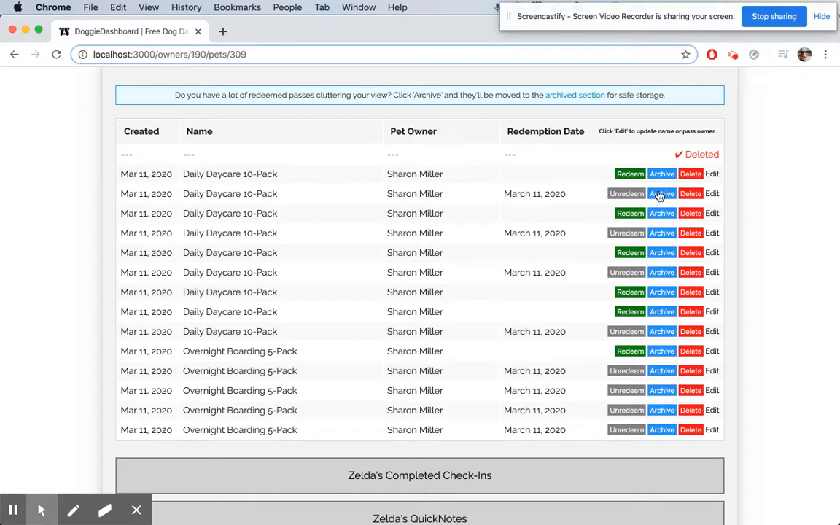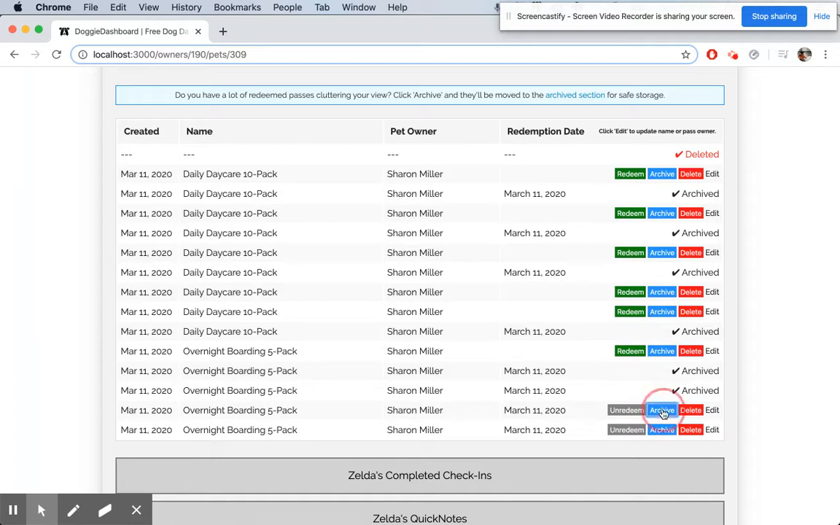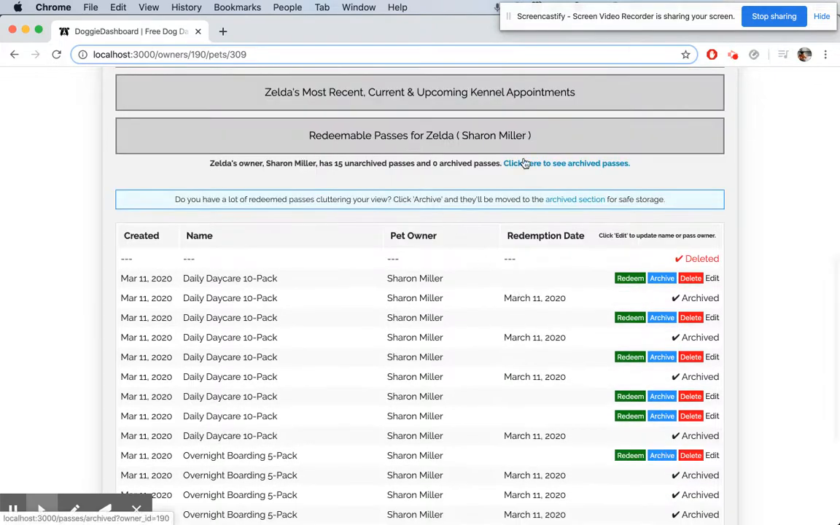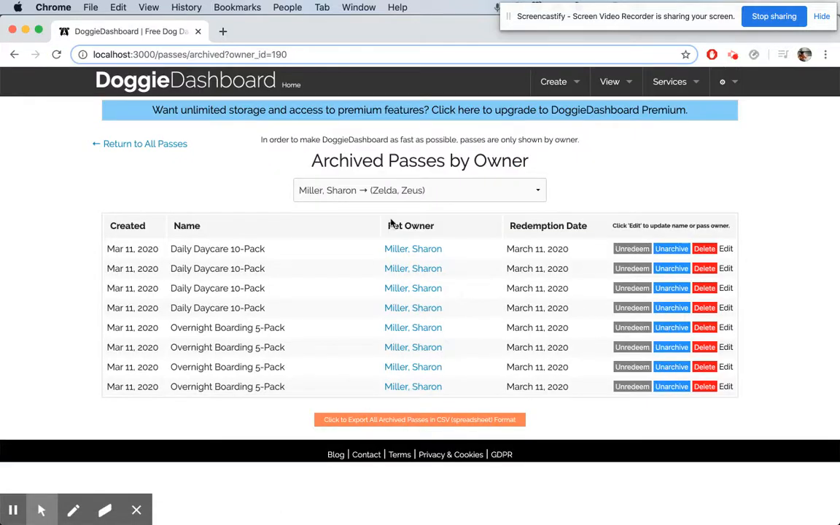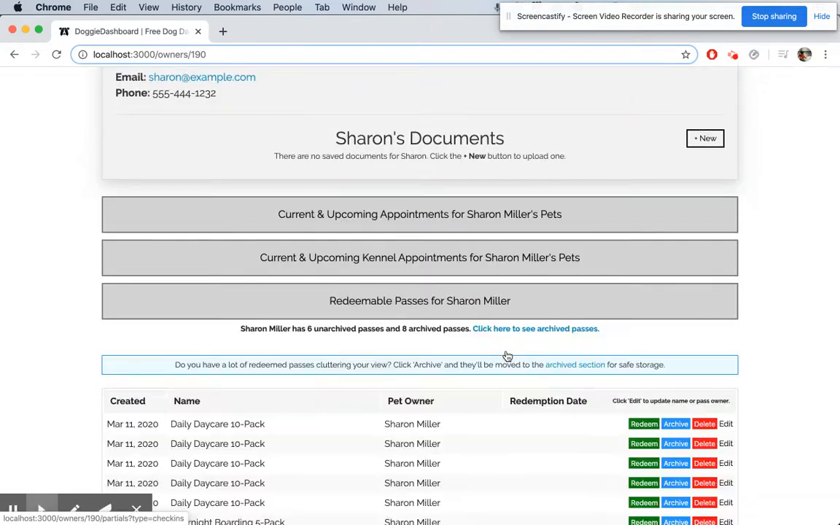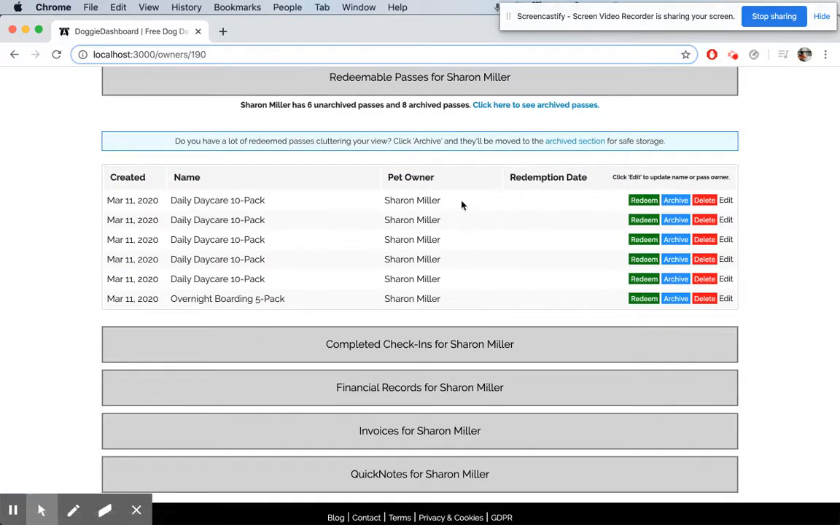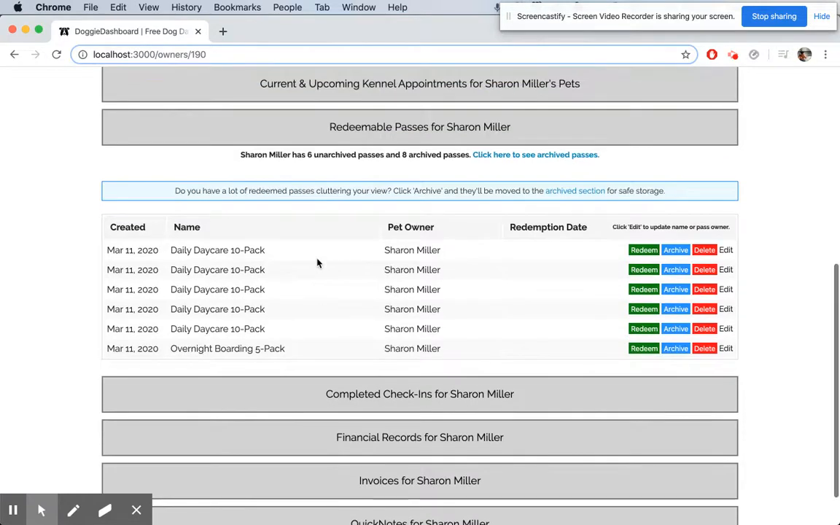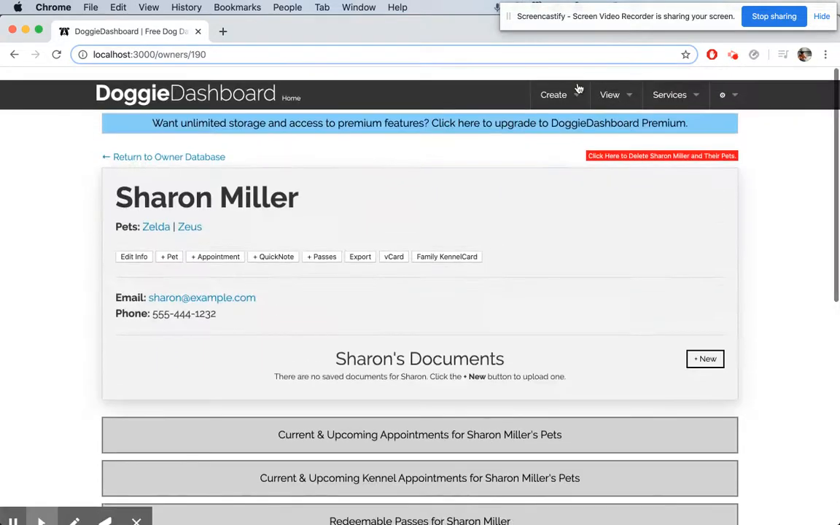So what we have here is the archive button. If you archive all the ones that you've redeemed, and then click here to see your archived passes, you can see that the passes we just redeemed for Sharon Miller have been archived. If we go back to her profile, redeemable passes, you can see just the passes that are open and have no redemption date are showing. Now if we go back one more time to the check-ins menu,